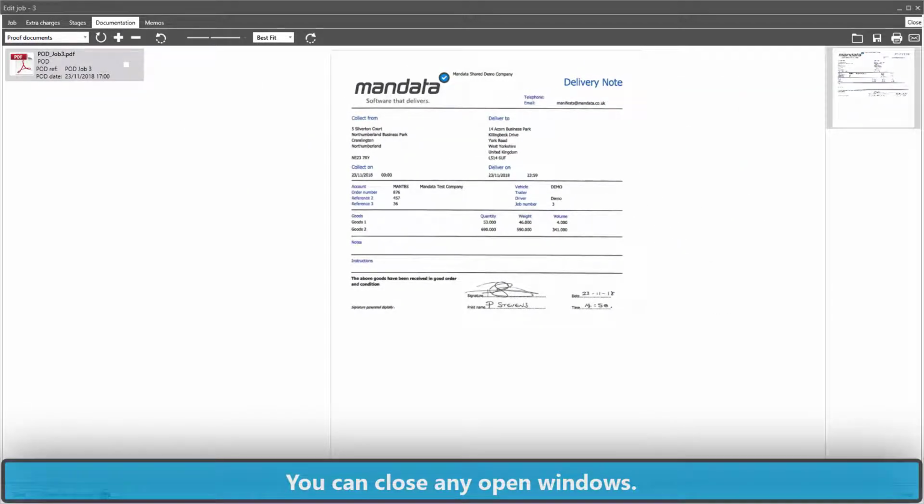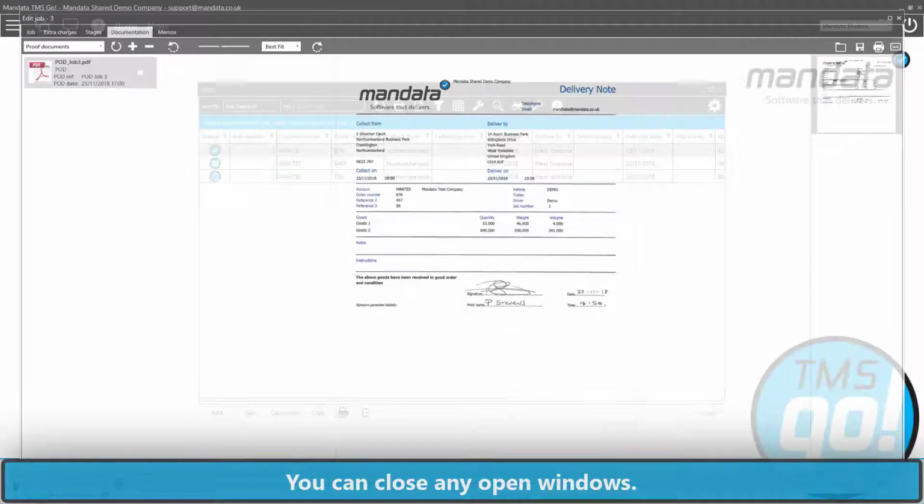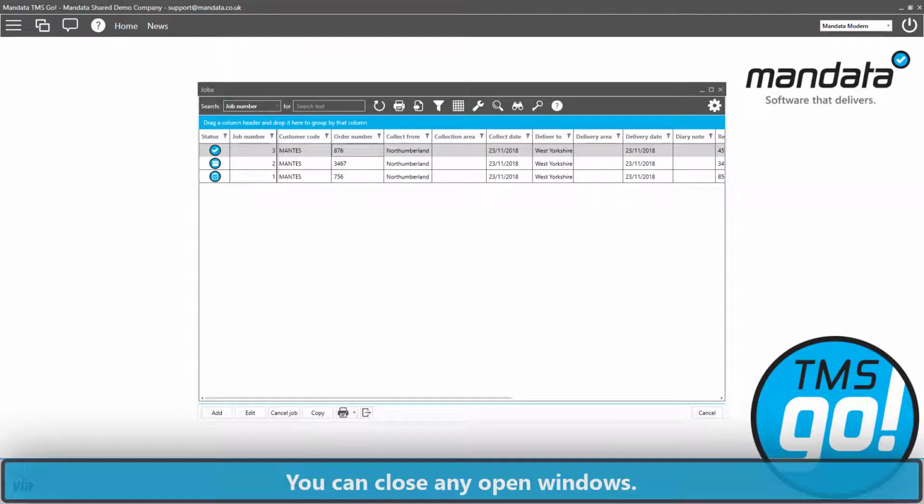Once you've done that, you can close this screen, close any other screens that you have open, and that's how you view and email a